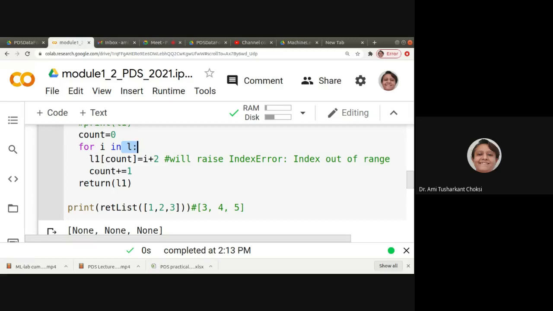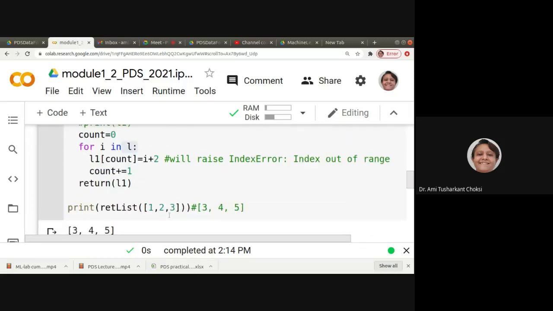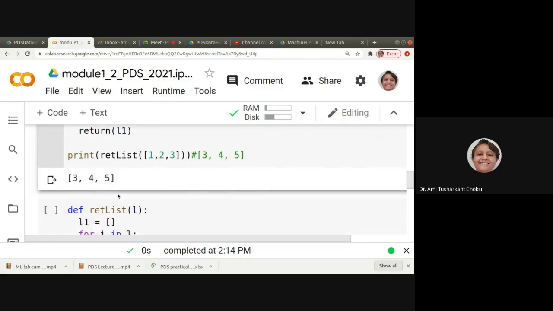Count is equal to count plus 1, that is count plus equal to 1. Fine. And return L1. So after adding 2 to each and every element of the original list, we return it. So what will we get as the output? Expected output is, if it is 1, 2, 3, we should get 3, 4, 5. And that's what we are getting here.